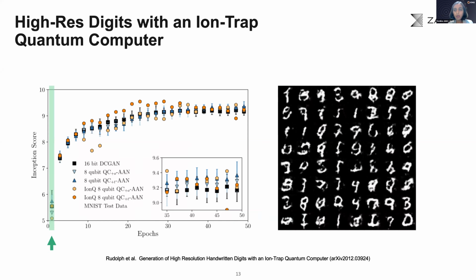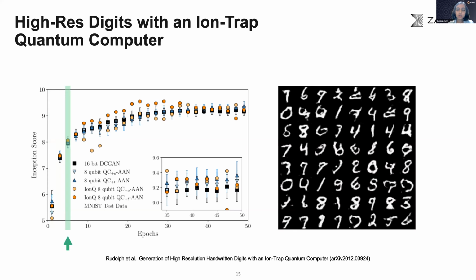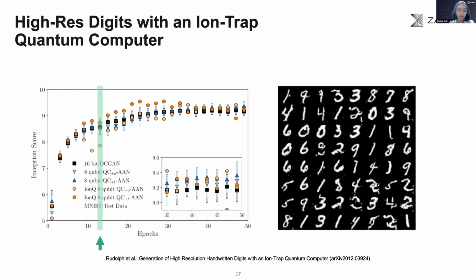The inception score plotted on the y-axis over here is a measure of how realistic the images look, as well as whether all of the digits are produced with roughly equal probability. On the right here, you see images from the generator in the hybrid quantum classical model when the learning has just started. You can see that as the learning progresses, the images generated get more and more realistic until they are